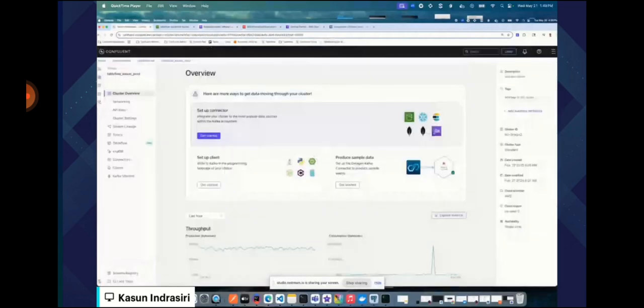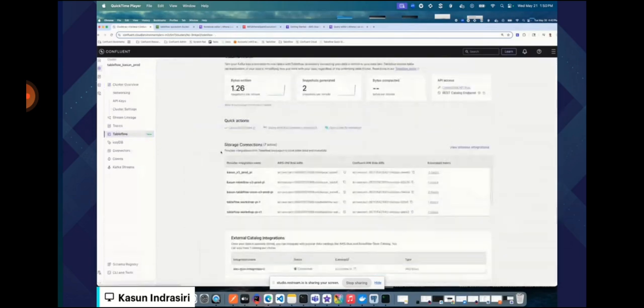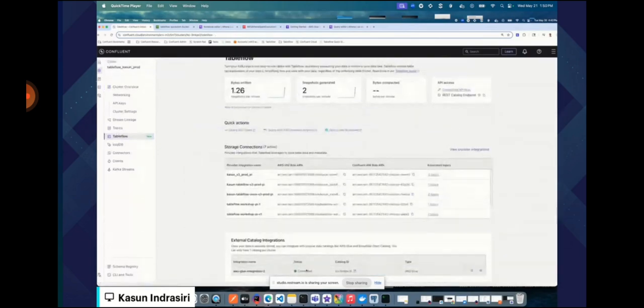Now, if you're not using the Iceberg REST catalog, or if you already have an Iceberg catalog such as AWS Glue that you're using with other data lakehouse projects, you can also integrate with that. To do that, you can create a catalog integration from your Kafka cluster level. Basically, the Kafka cluster directly maps to a database in your Glue data catalog, and then a topic maps to a table in the Glue data catalog.